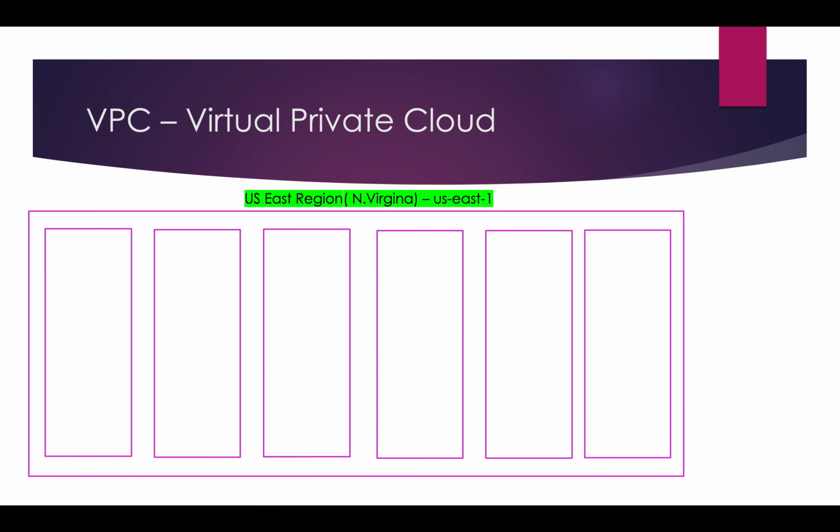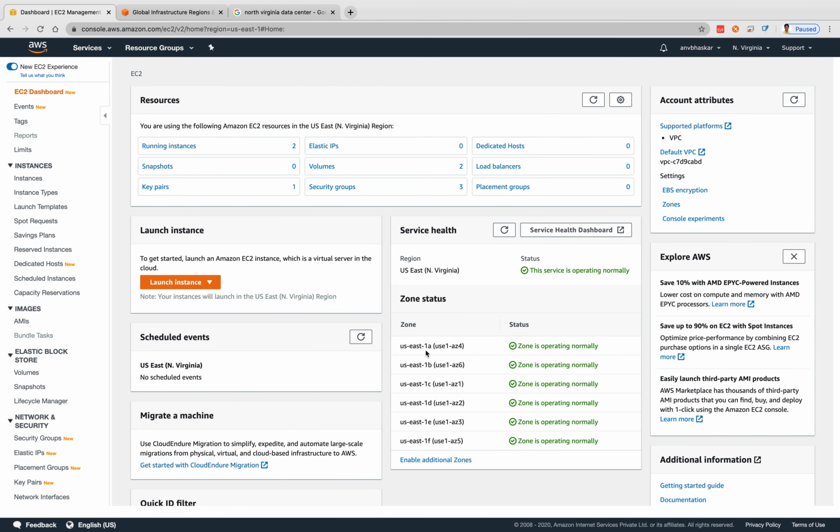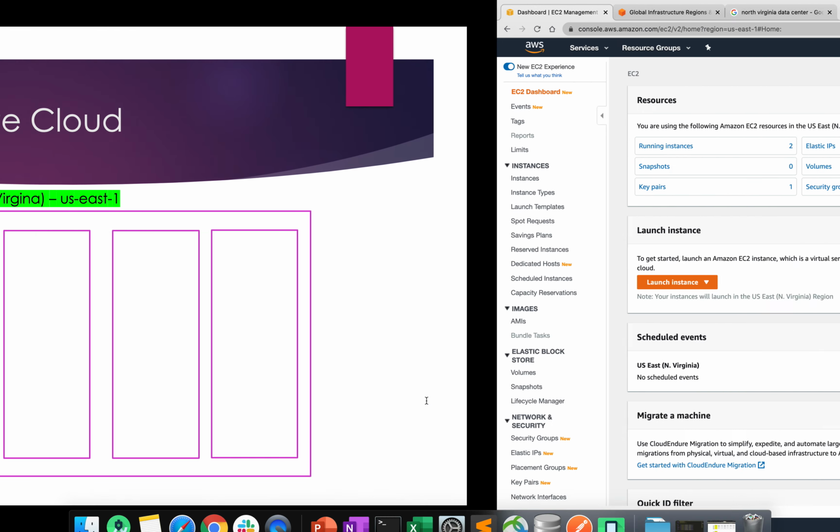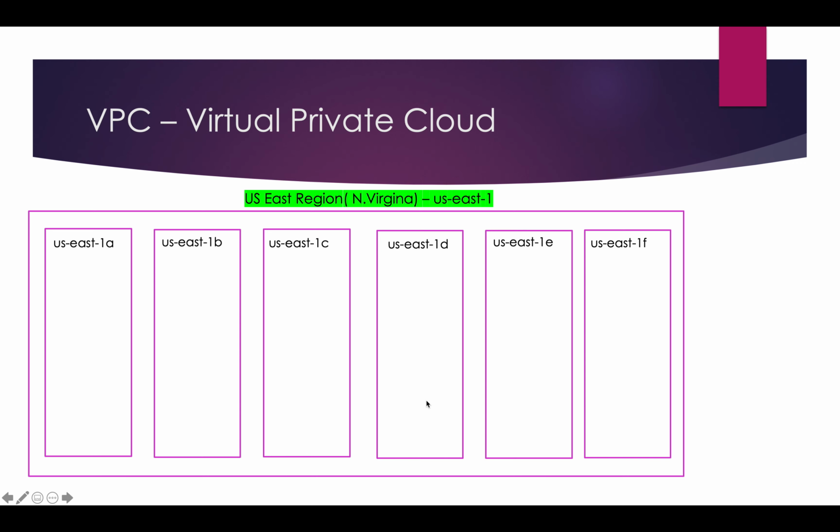I am taking 6 data centers, 1 2 3 4 5 6. Each data center has a name: US East 1A, US East 1B, 1C, and I made it 1A, 1B, 1C, 1D, 1E, 1F. Now you have a region and you have availability zones. Is everyone clear up to now?